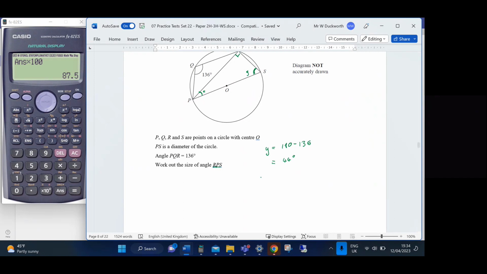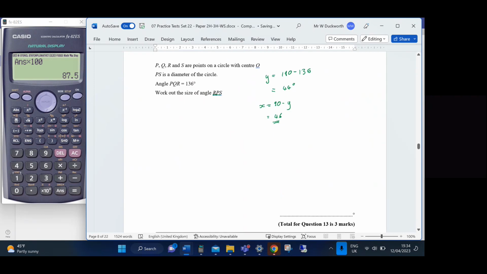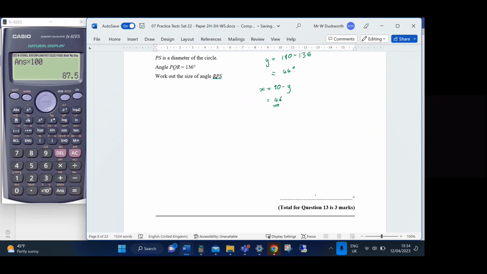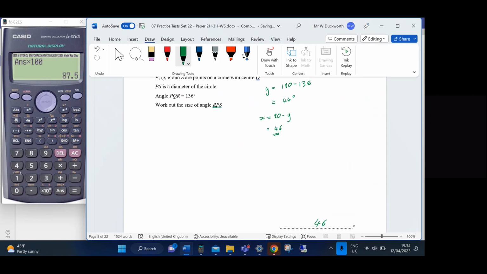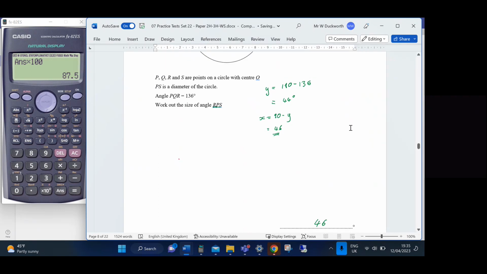So then x is going to be equal to angles in a triangle, so I can do 90 plus y and then take that away from 180, or I could just say it's going to be equal to 90 take away y, which is going to be 46. Okay, and again, it doesn't ask for the reasons, but it's a 3-mark question. Right. Okay, so if I go to the mark scheme for that, then we have got M1